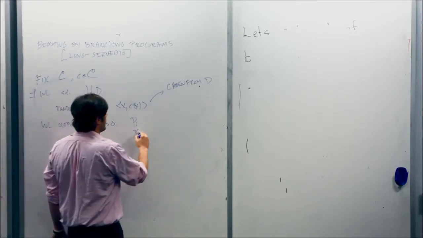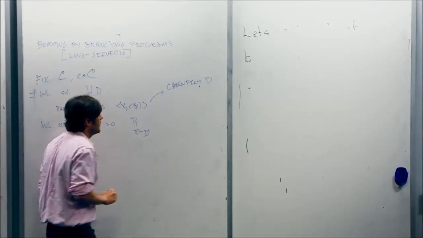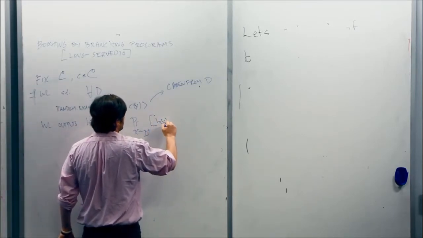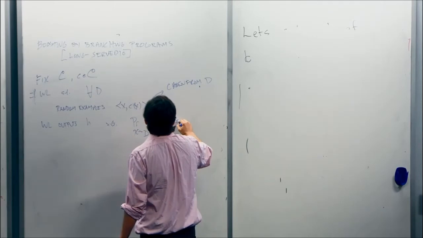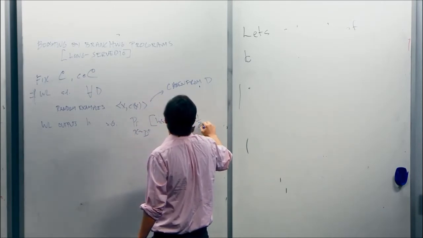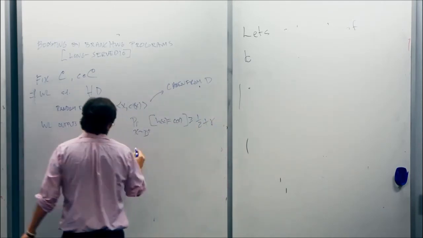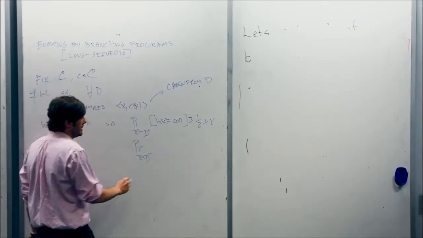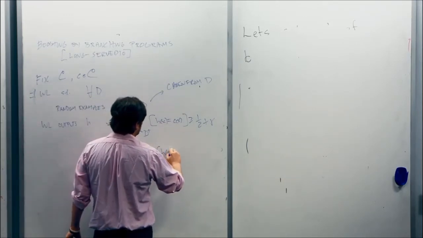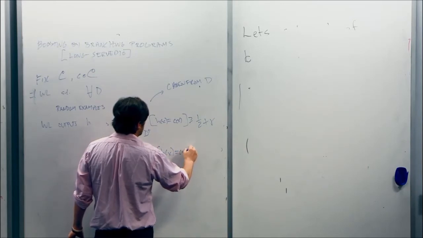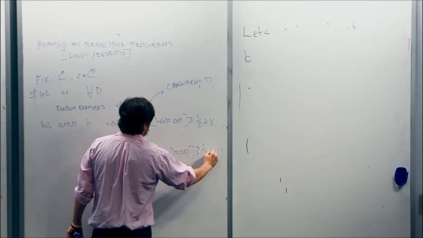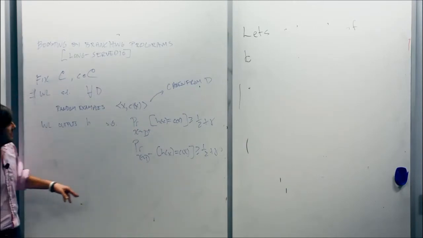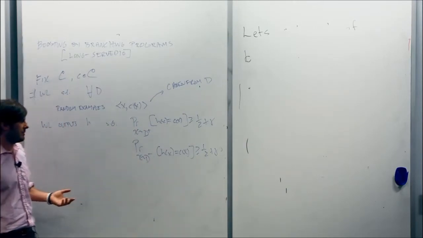I'm going to assume that for all examples drawn from the positive part of D, we have H of x equals C of x with probability at least 1/2 plus gamma, and likewise for all of the examples drawn from the negative part of D. So D plus is the set of all positively labeled random examples, and D minus is the set of all negatively labeled examples.